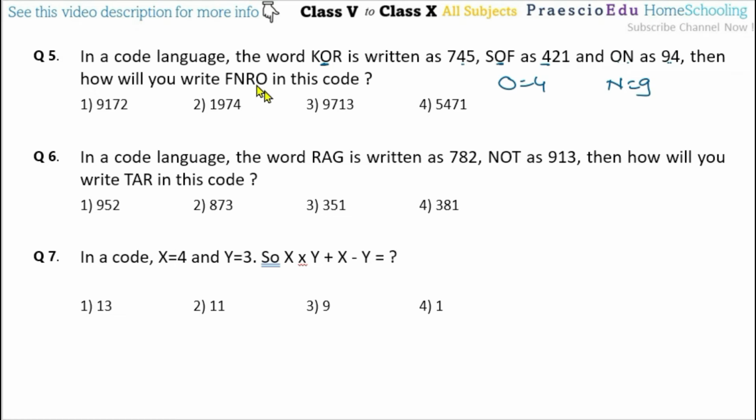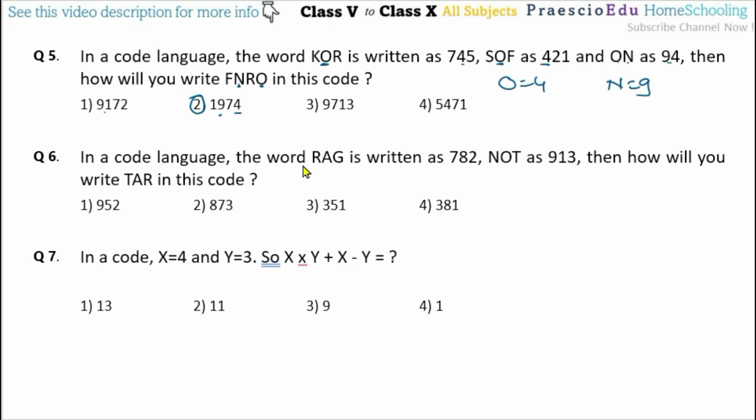Okay, so now N and O, these two numbers we know. In this one, the last one is 4, so which option has the last 4? This option has the last 4, and instead of N, 9 can be matching. If you observe all these other numbers, we cannot get this one, so that's why option number 2 is the correct one.